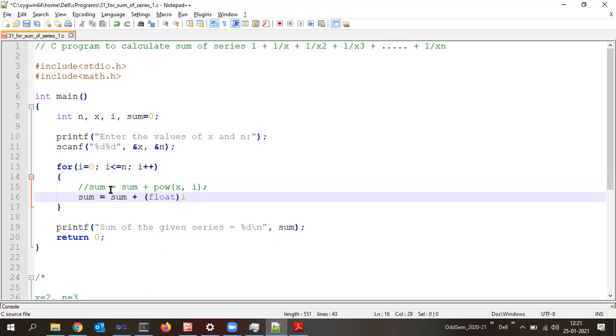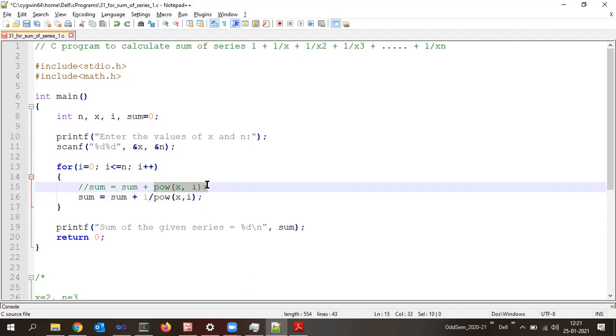1 by x. But it is not just simply 1 by x, right? There is a power, x raised to. Earlier we were calculating, right, x raised to i here. So here also x raised to i will be there. But thing is that it is 1 divided by x. It is not just x. 1 divided by x, 1 divided by x square. That x square is in the denominator. It is just like this.